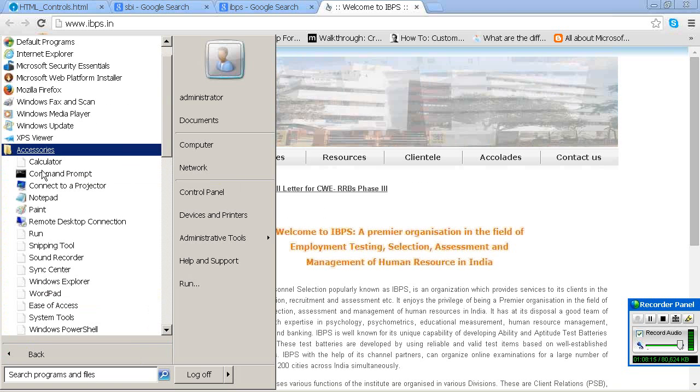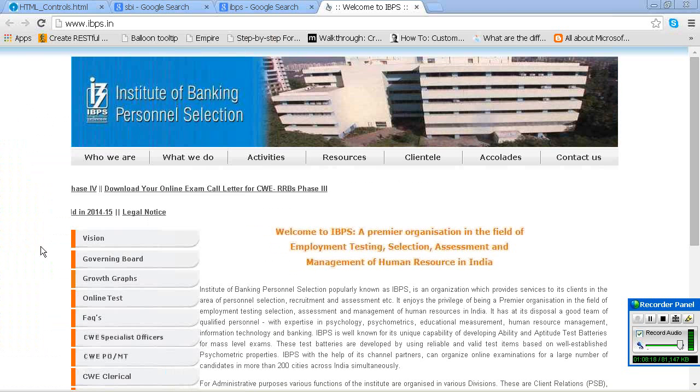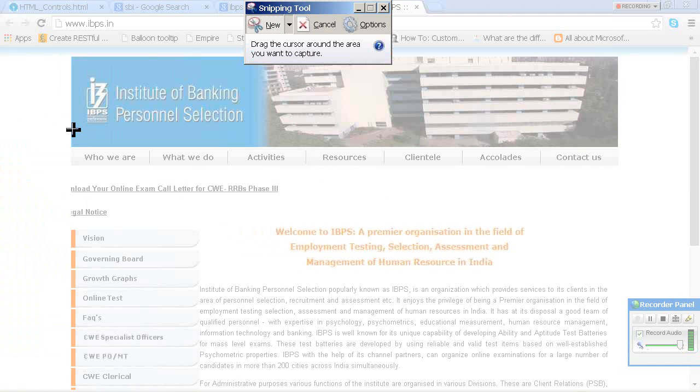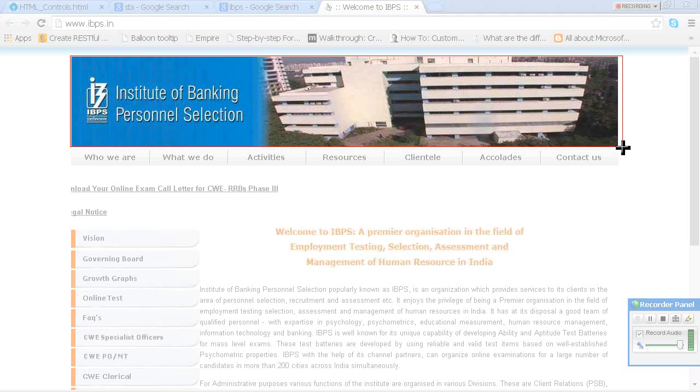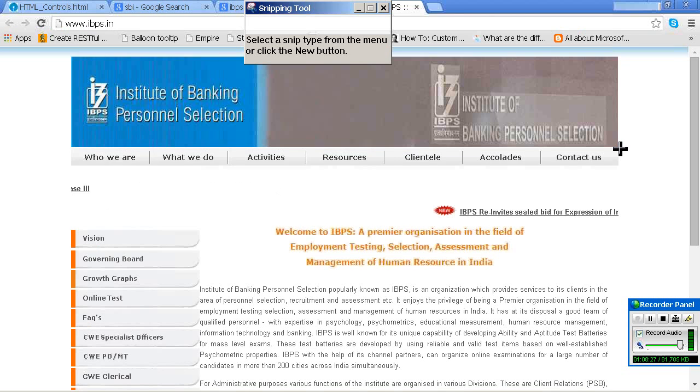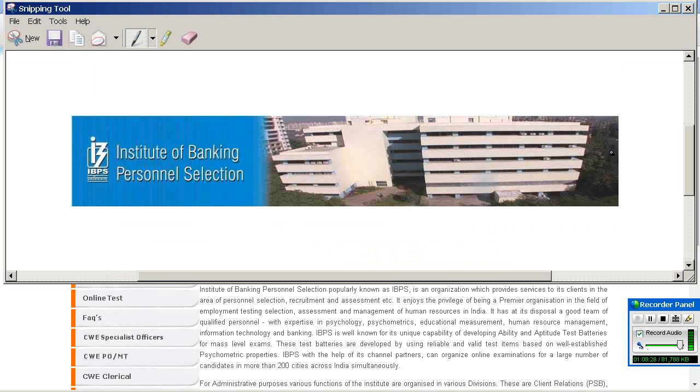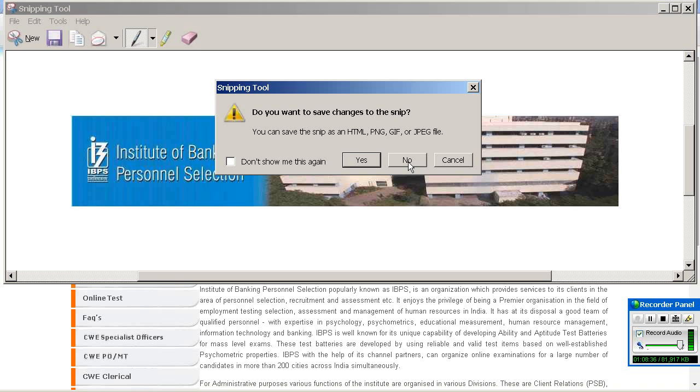Accessories, snipping tool. Save as image. Are you understanding? Okay. Later I will tell you how to capture this.